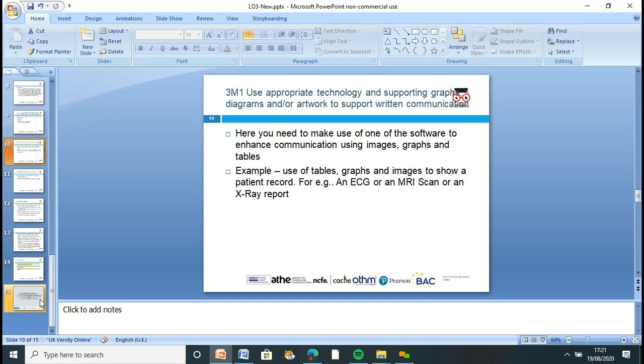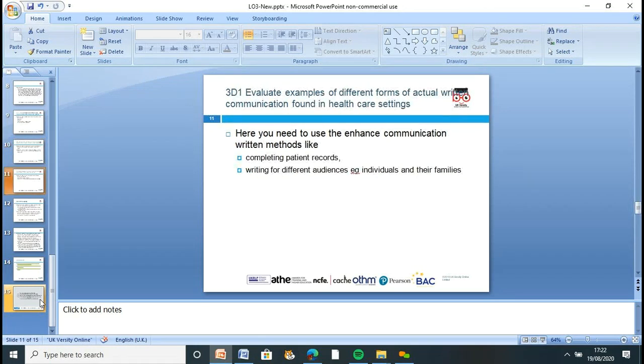So 3M1 is to use appropriate technology and supporting graphs, diagrams, and or artwork to support written communication. So you're going to need to use one of the softwares to enhance communication using images, graphs, and tables. All that means is with the work that you're writing down here, add supporting images. So put in a graph, put in a table, find an image that corresponds with what you've written and